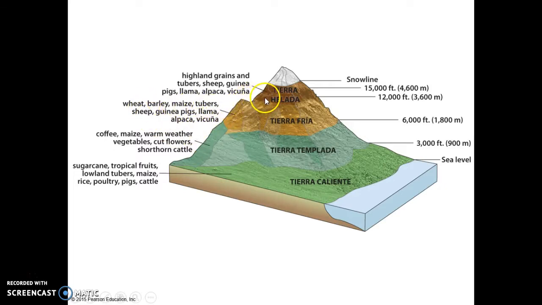And finally, there are people who live way up there, mainly the indigenous Quechua people who live in the highlands, and you can't really do much agriculture more than potatoes here, but they do raise cattle, and there's some other grains that are grown, and beyond that, of course, it's too cold to do anything.